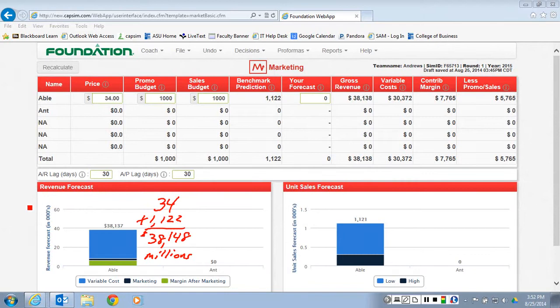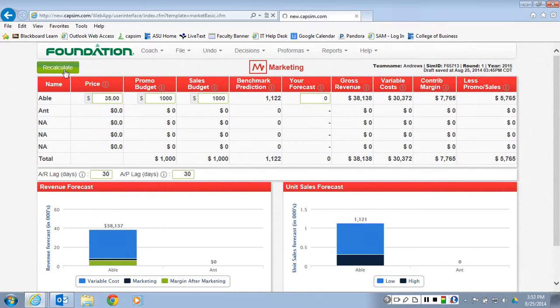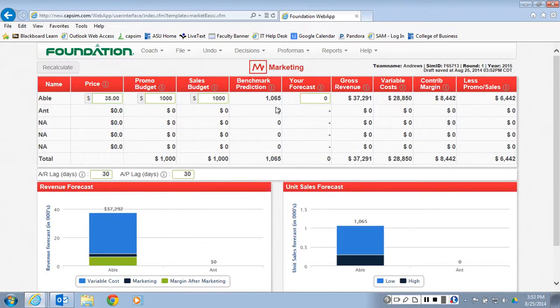Now you may say, okay, what happens if I change this to 35? Well, we hit recalculate. We see that this goes down to 1065. So then I take my what-if and I do the 35 times the 1065 and I multiply these and I get